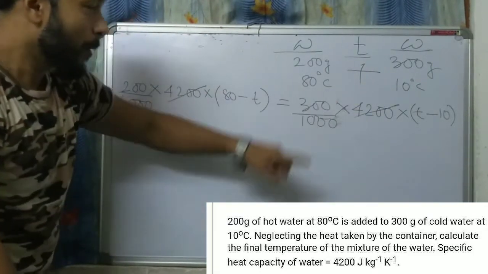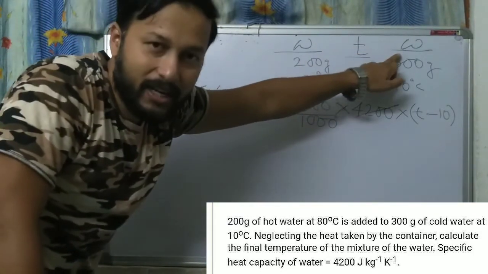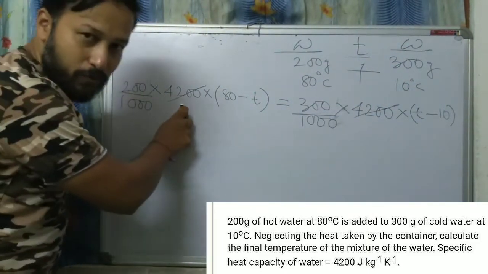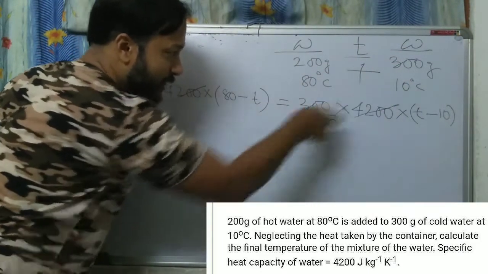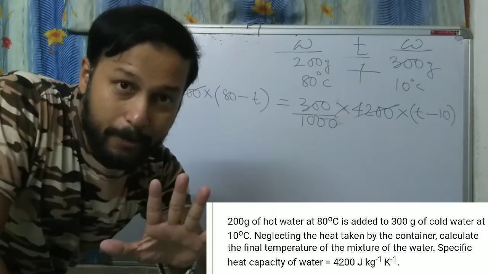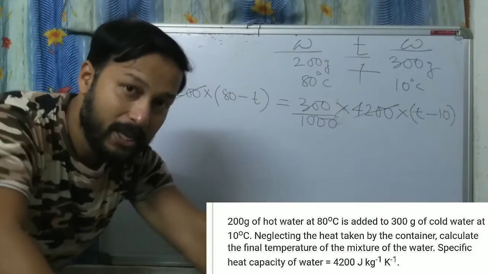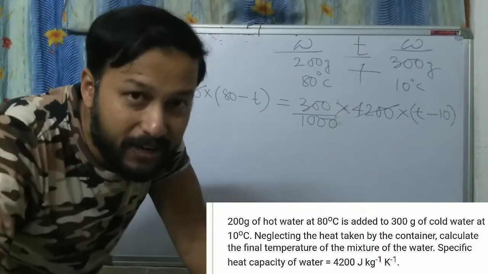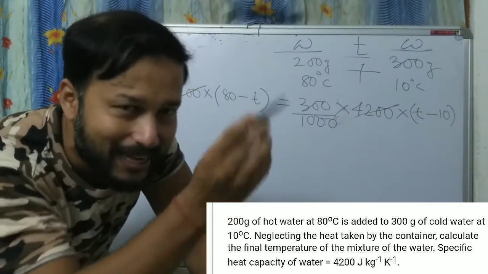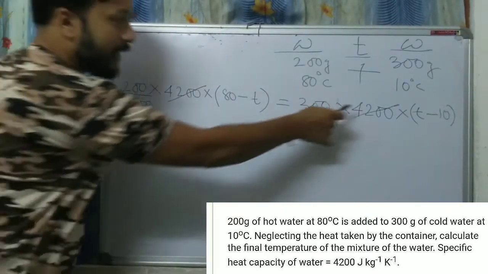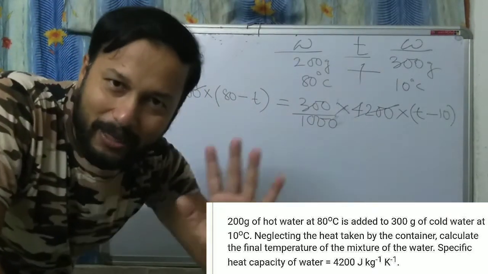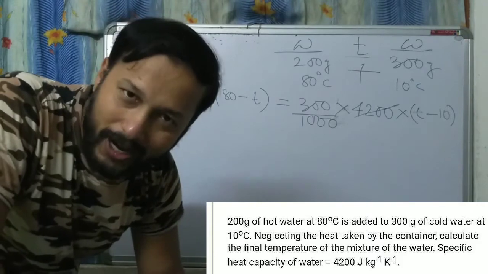Here it is water, so I am writing specific capacity of water on both sides. That's why both are cancelled. So when two liquids of the same type are going to be mixed, in that case the specific heat is not required to be mentioned in the equation. Just write S, so that you can cut that, because ultimately you are going to cut them. So why write the values? Okay. Now